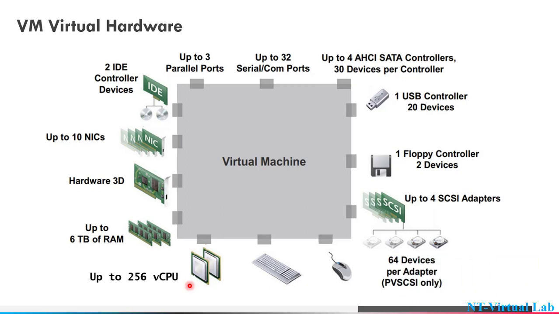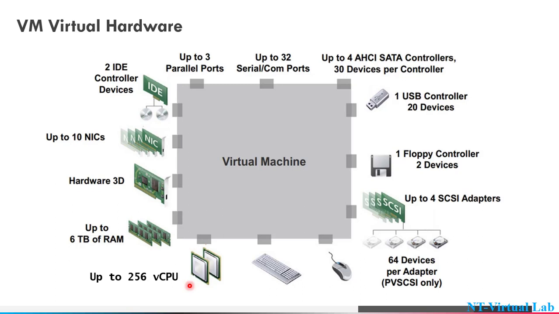You can assign 6 TB RAM, a graphical adapter, 10 network adapters, 2 IDE controllers, and each IDE controller can connect with 2 devices, 3 parallel ports, 32 serial or COM ports, 4 AHCI SATA controllers, and each SATA controller with 30 devices, 1 USB controller with 2 devices, 1 floppy controller with 2 devices, and 4 iSCSI adapters, and each can hold 64 iSCSI devices. You can assign the keyboard and mouse. So these are the maximum configuration that you can assign on a virtual machine on ESXi 6.7, and